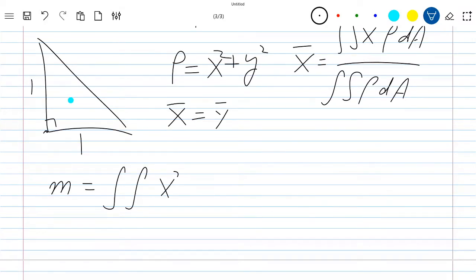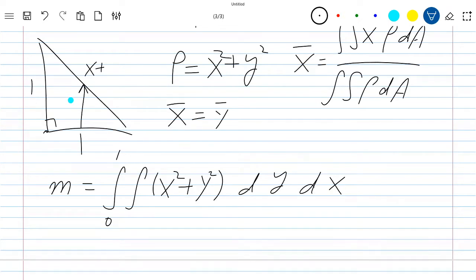Rho is x squared plus y squared, although this is like r squared, but there's no circle in the domain, so just use dx dy. Let's say we do dy dx. It doesn't matter because it's symmetric. So x is from 0 to 1, and for each x,